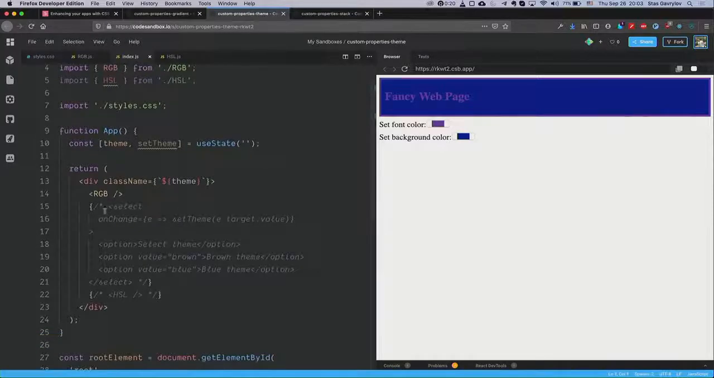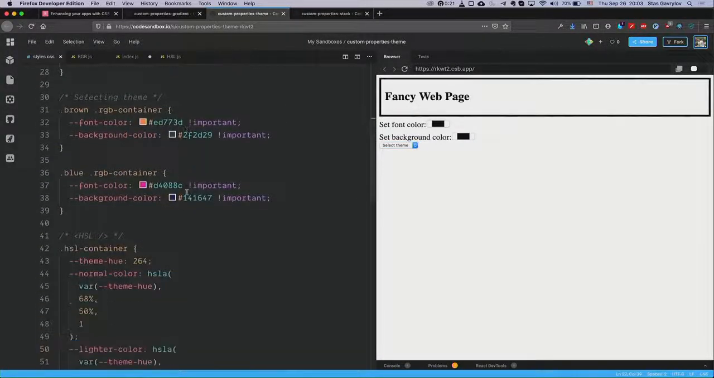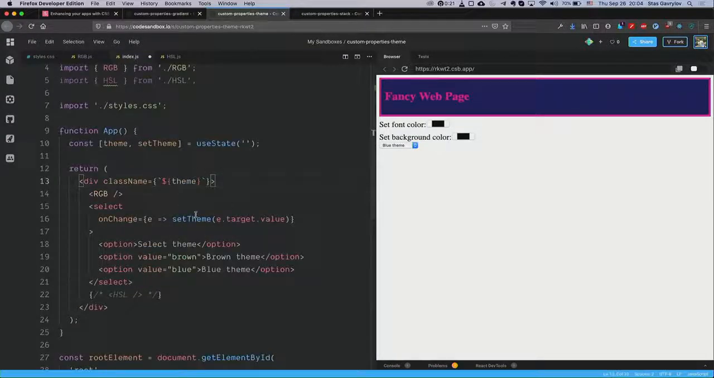Another use case for the variables as well is predefined theming. For example, I have here a select with a couple of themes predefined, and in my styles file, I have provided two themes. If my container has a brown class, then I use these variables. If I have a blue class, then I use these variables. And so if I start changing my themes, I have to use important here